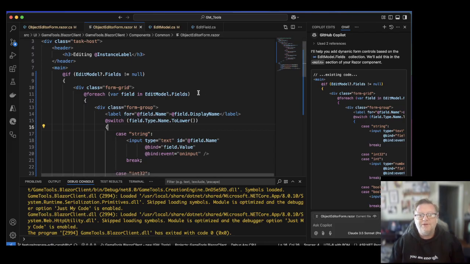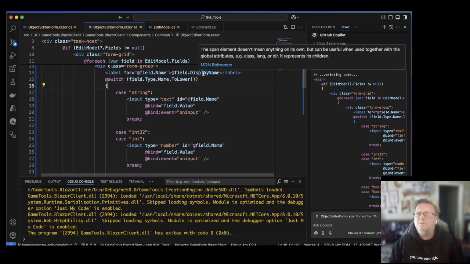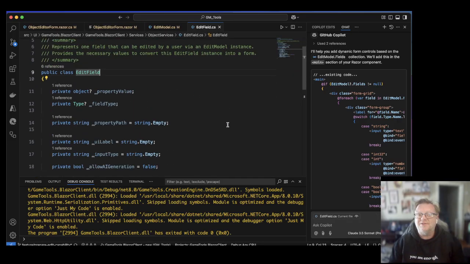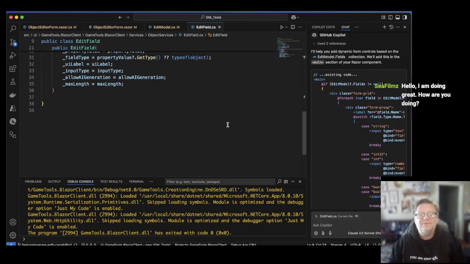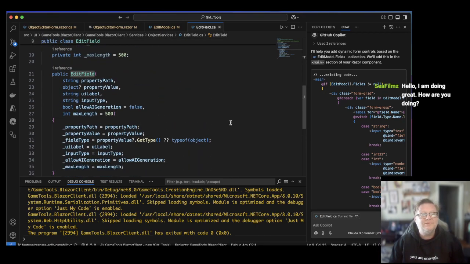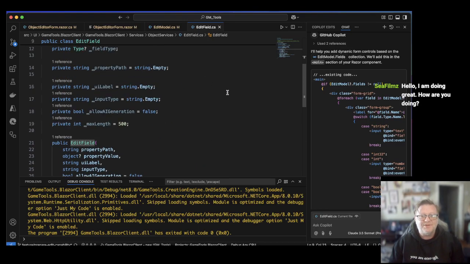So we've got our fields on here. This is interesting. We'll see what's what. Field type name to lower. Field display name. I don't think it looked at any of these things. Oh, because of course I haven't exposed any of these inner backing properties as